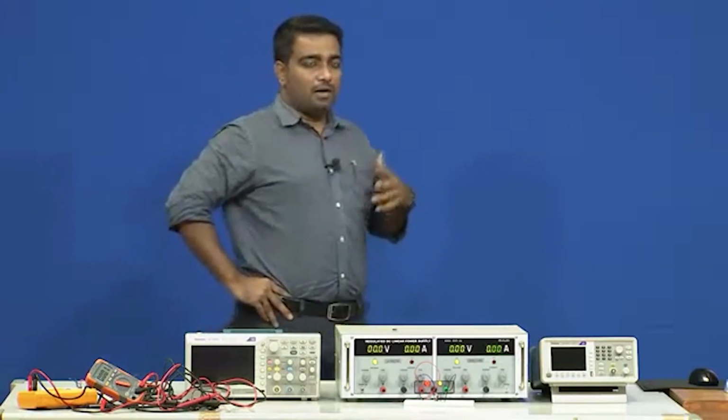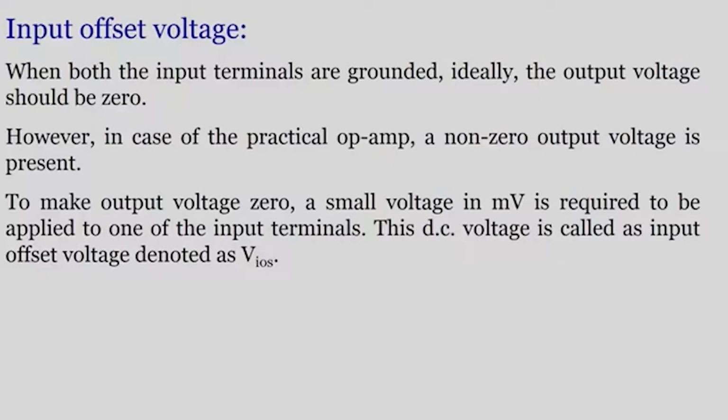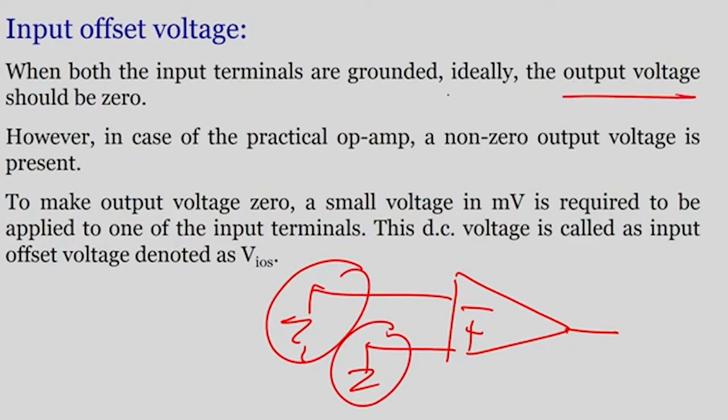Now, let us see on the screen what the definition is and how we can measure the output offset voltage. What we have seen: when both the input terminals are grounded, that means I take an operational amplifier and I ground both the input terminals. Now, this is just an example. We will see the circuit in the next slide. When the input terminals are grounded, ideally the output voltage should be 0, but